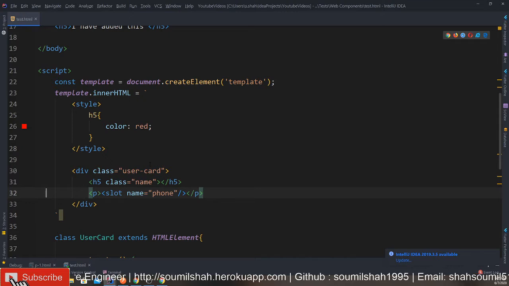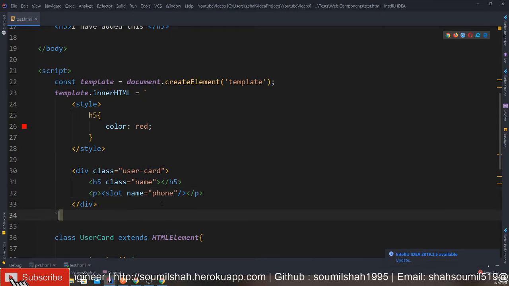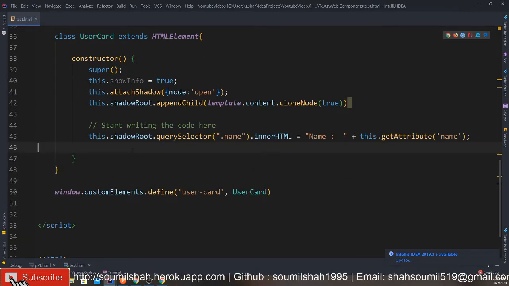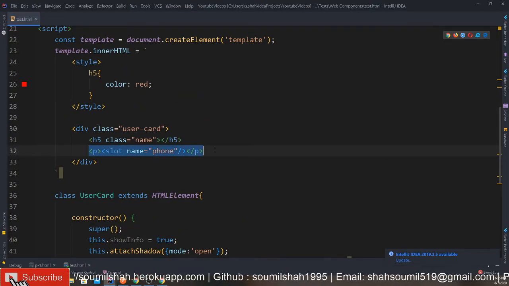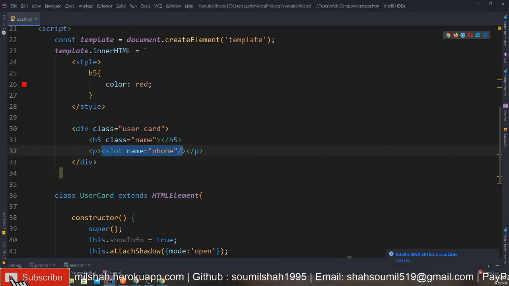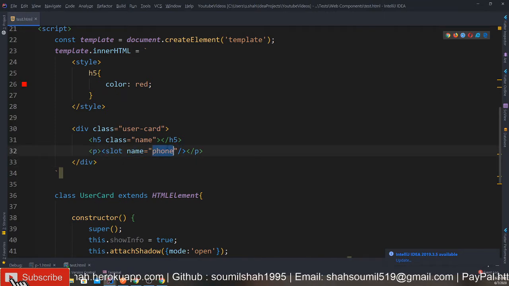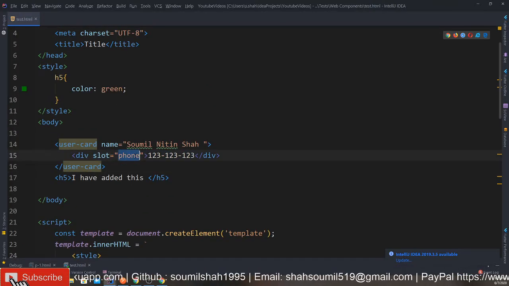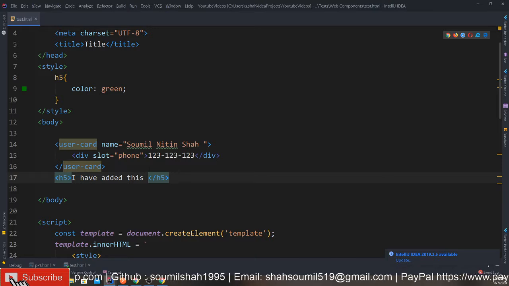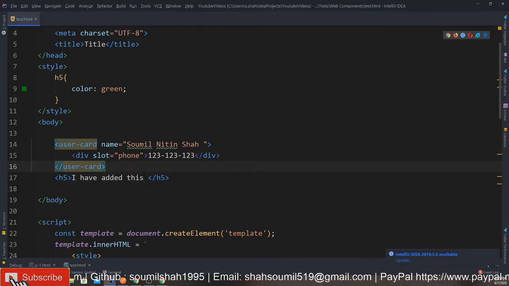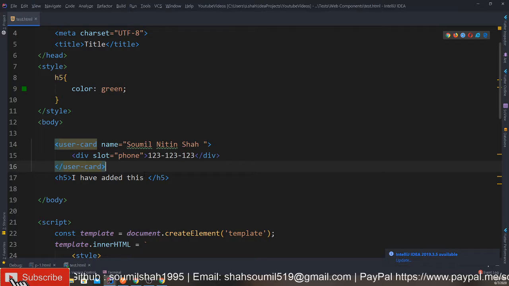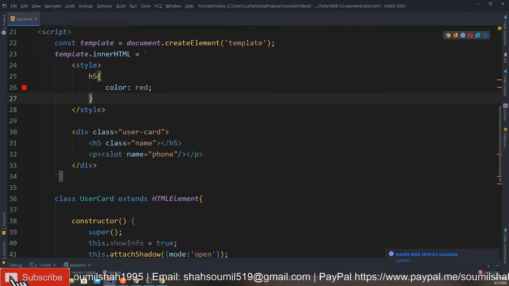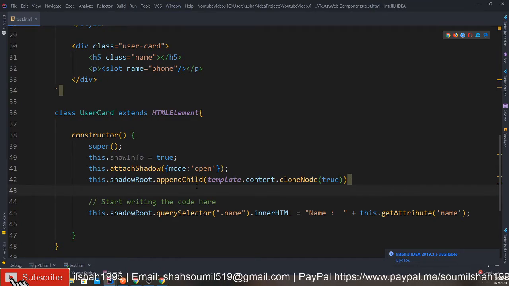Okay, let me review that again. If you want to pass data to a web component using slots, you do not have to write anything here. You simply write your normal HTML, and whenever you want to insert data, you write your placeholder there, a slot with a name, and then you can pass a value to the slot using a div tag, like div slot equals phone, and then you give the value there. Hope this tutorial is useful for beginners, especially who have never heard about web components. If you have any more questions, please list your question, guys.